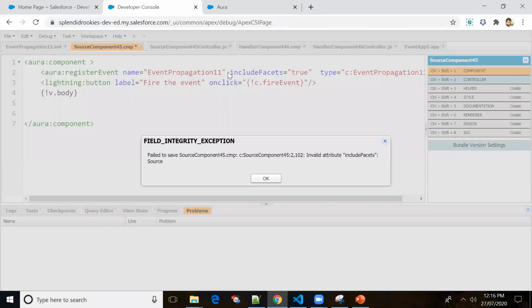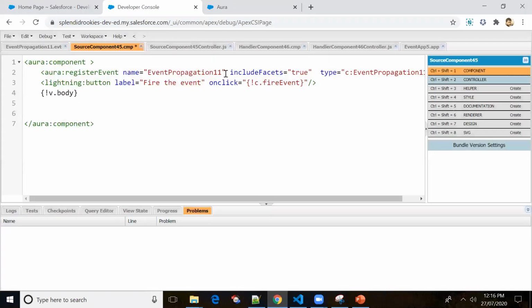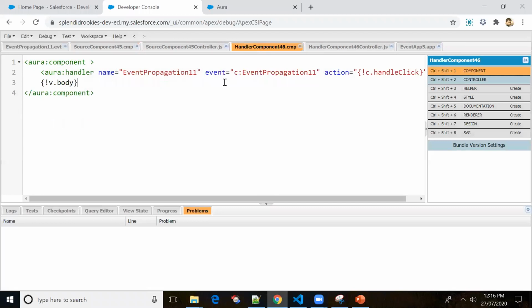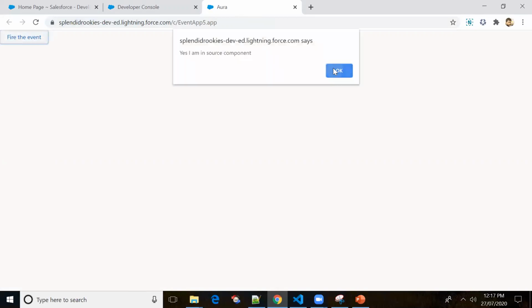Let me save it. Invalid attributes. Okay, let me put it to the handler component. Let me reload this application. Let me click on fire the event: source component, and we are getting the handler component as well, right?